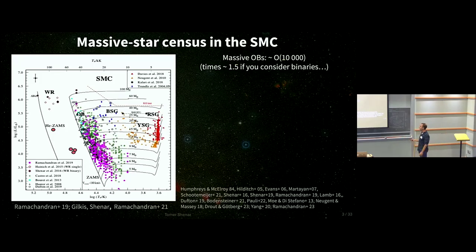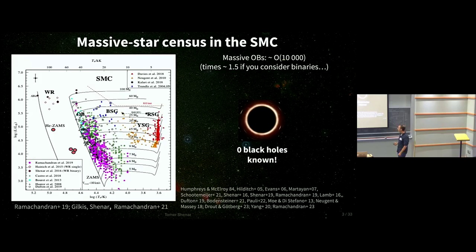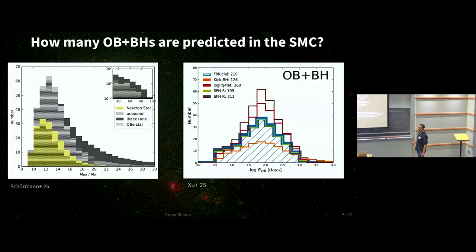So we have all these rich populations, but one thing we don't have yet are black holes, okay? So far, 0 black holes have been reported. There are about 120 high mass X-ray binaries in this galaxy. It's actually a comparable number to the galactic population, which is a bit amazing in itself. I had a discussion with Tom Acheron about this, not today's topic, but no black holes so far identified. So is this what we expect? Not really. So these are predictions from the same people who gave you the famous 2% of massive stars host black hole binaries, black hole companions.